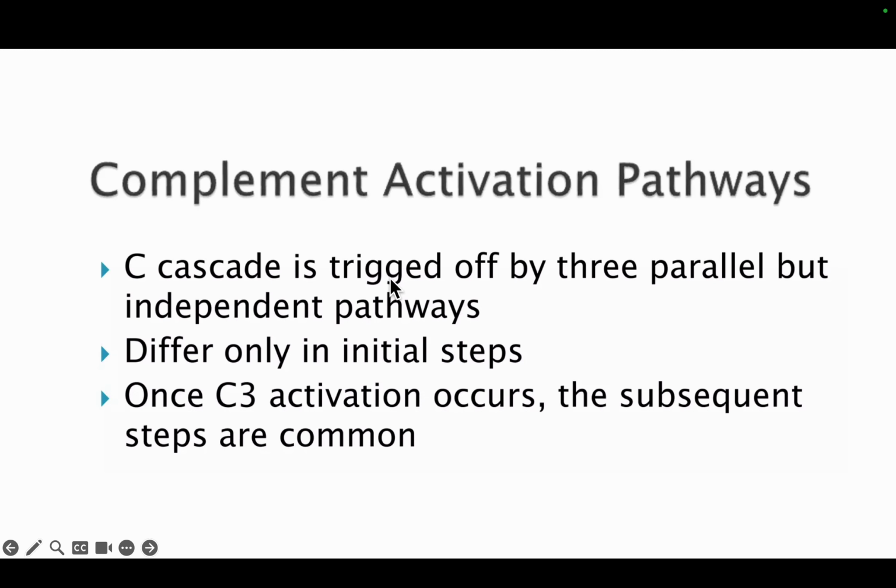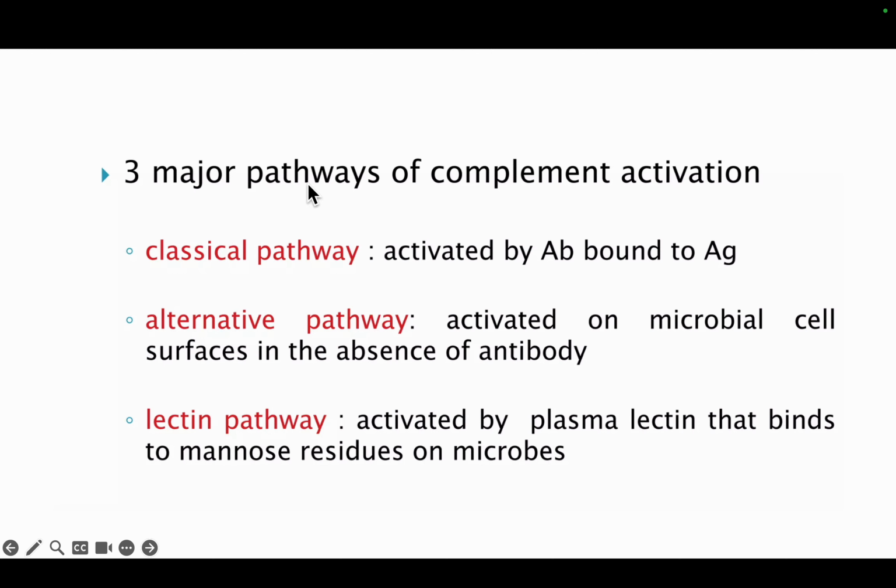The C cascade is triggered by 3 parallel but independent pathways. These complement pathways differ only in initial steps. Once C3 activation occurs, the subsequent steps are common. The 3 major pathways of complement activation: the classical pathway, activated by antibody bound to antigen; the alternative pathway, activated on microbial cell surfaces in the absence of antibody; and the lectin pathway, activated by plasma lectin